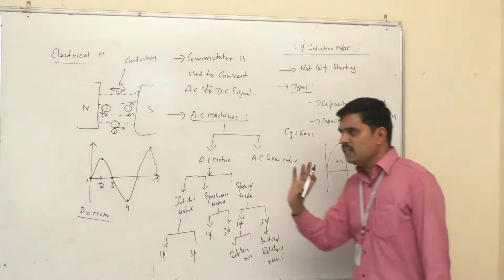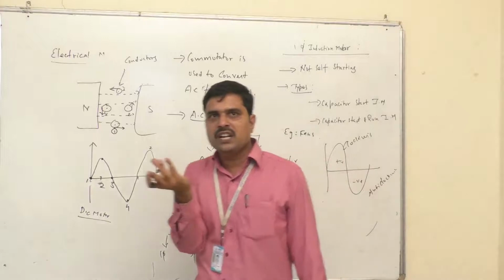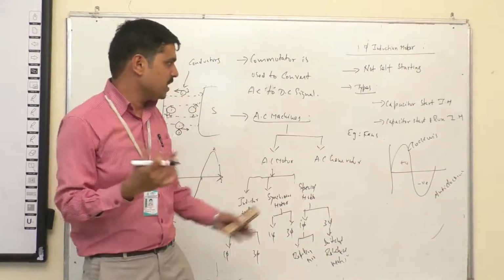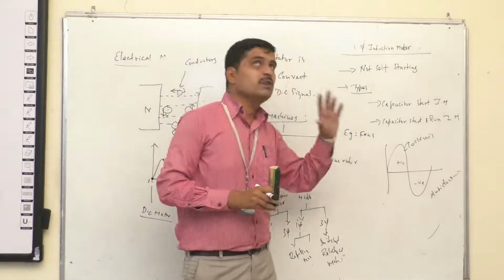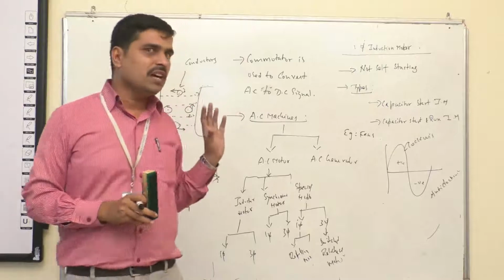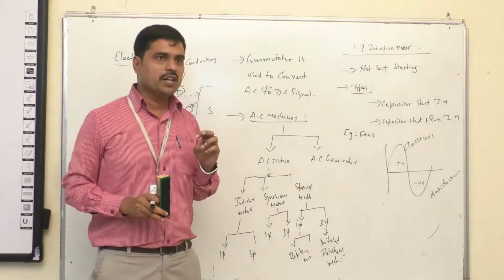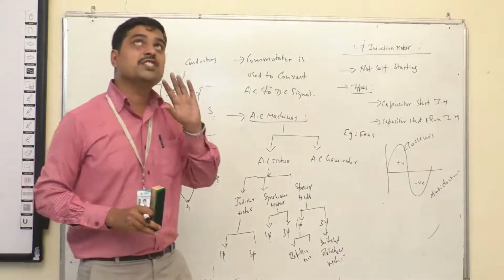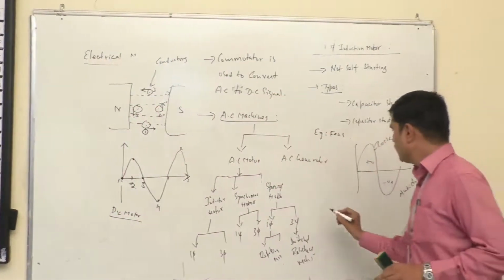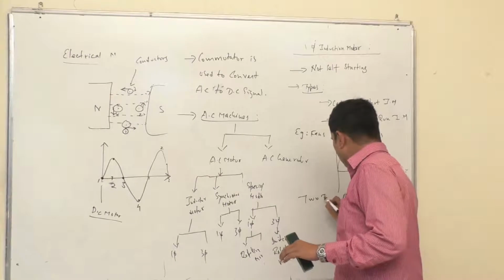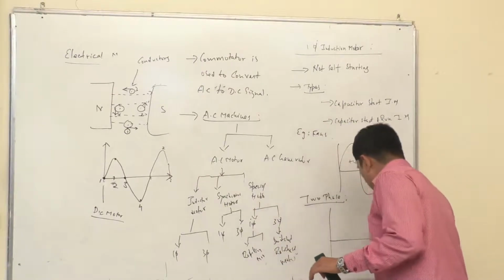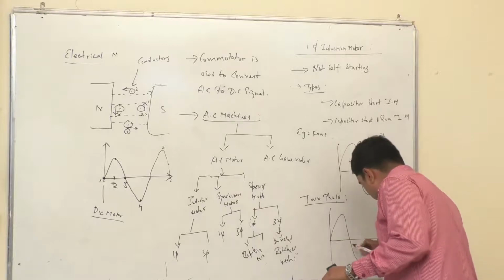So what happens means you will try to move in the rightward direction, and if you try to move in the leftward direction, a complete rotation does not take place because of single phase. So it only creates pulsating torque. So the single phase induction motor is not self-starting. So what we are using is a capacitor. The capacitor is connected in parallel, so that is creating a phase shift. That means you can say two phase. One phase we are creating by means of the capacitor by using a 90-degree phase shift.